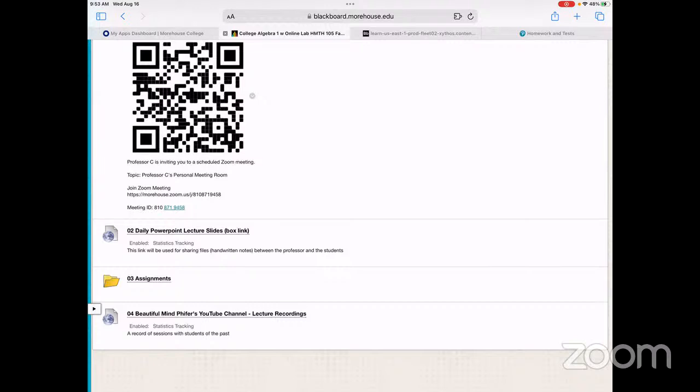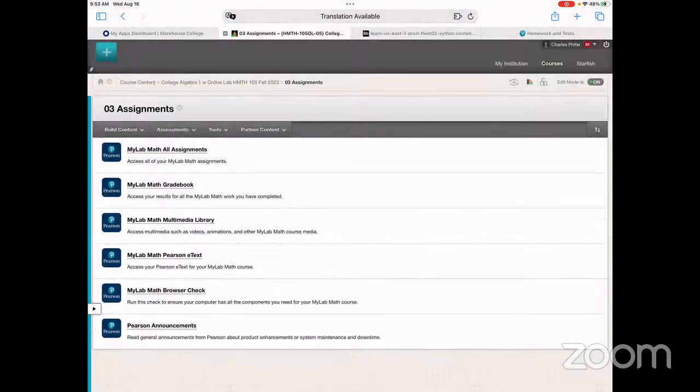But the Pearson is going to be item number 3 where it says assignments. If we click on item number 3 where it says assignments, open that up. And then item number 1 where it says My Math Lab All Assignments, you want to click on that. For right now, last night we got an email from the chair. He was saying, have the students get the temporary access because we're trying to negotiate a deal with Pearson to reduce the cost. So if you click on that first link that says all assignments,